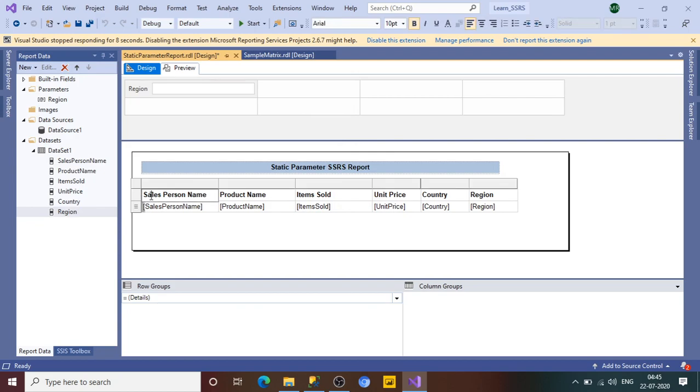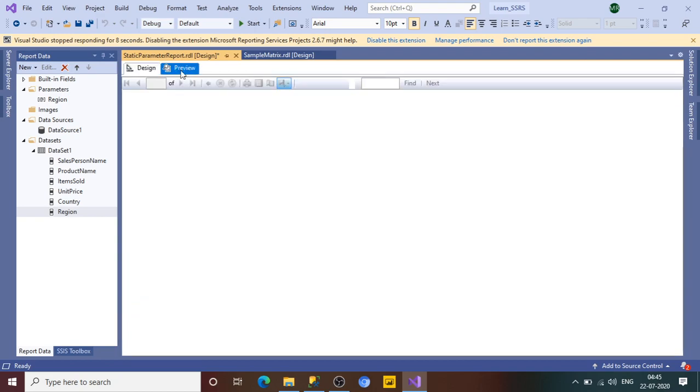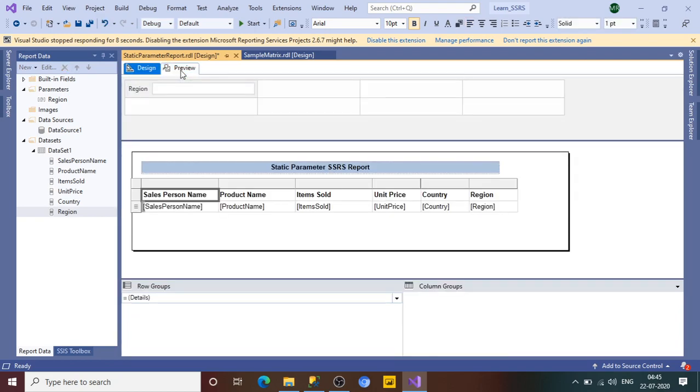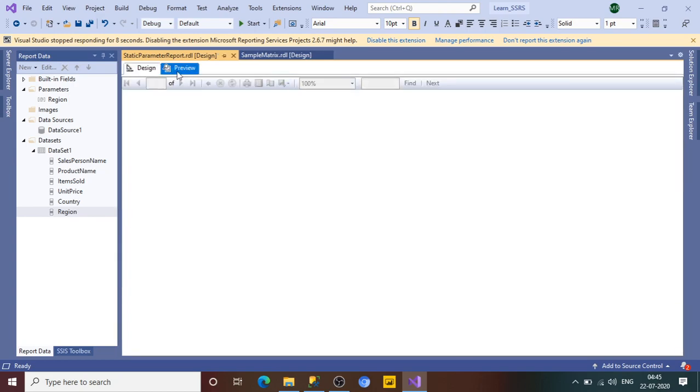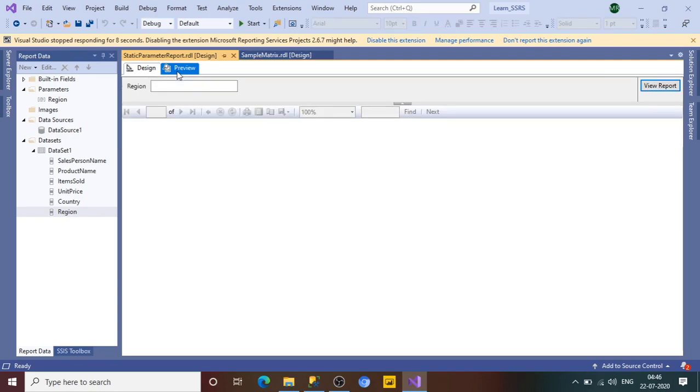So this way, and if you see here, there is a reason text box available here because we have used the parameter reason. So go to the preview and see what kind of report we are having. Click on preview. See, by default we are not getting any data from this table because it is asking us for the parameter value. So just give a value like Asia. If I want to have the records of Asia, I want to see the records of Asia.